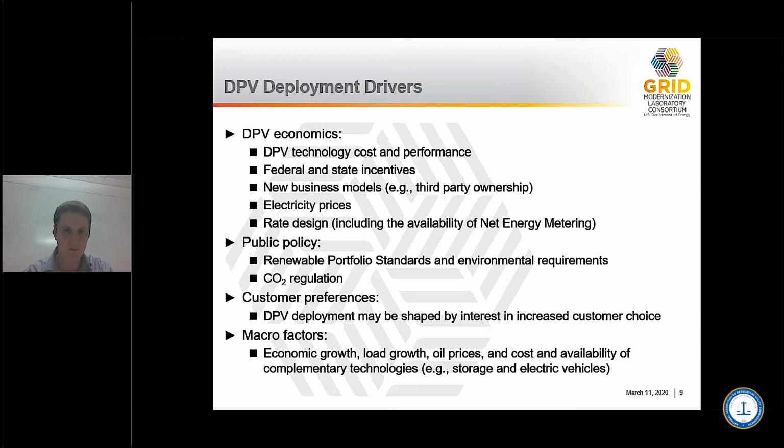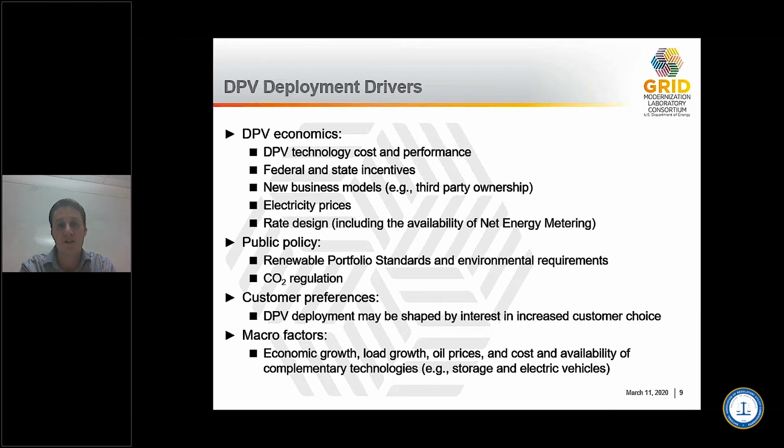When we documented the deployment drivers, one aspect is fairly clear in the literature, which is that most distributed solar adoption seems to be correlated with the economics of adopting distributed solar itself. So I think from the consumer's perspective, from the ratepayer's perspective, the primary motivation for adopting distributed solar is saving on retail electricity expenses. That's a pretty clear signal that I and others have seen in the literature. So from that, you can make the conclusion that modeling the future economics, payback period, net present value of distributed solar is important. That would include things like understanding future costs and performance improvements, how incentives affect the bottom line to the consumer,